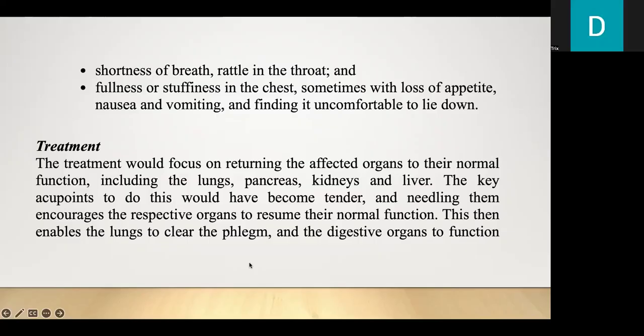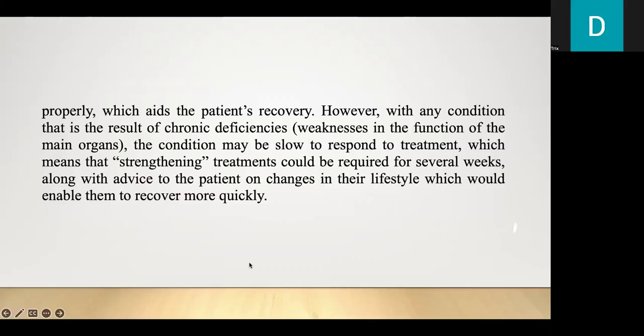With the treatment principle, we focus on returning the affected organs to their normal function, including the lungs, pancreas, kidneys, and liver. The key acupoints to do this would have become tender, and treating them encourages the respective organs to resume their normal function. This then enables the lungs to clear the phlegm and the digestive organs to function properly, which